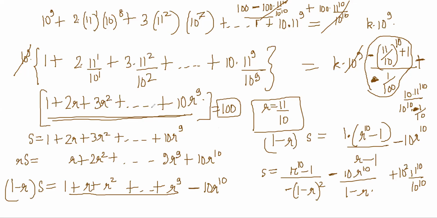You understand? It's just simple summation. Maybe I made some careless mistake in the previous one. You took 10 power 9 common and you saw that this is an AGP. It became an AGP because of AP from 1, 2, 3 and GP from r square, r cube, right? As soon as it becomes an AGP, the only method is to do it like this: write S, write r into S, shift it and subtract, and find the sum of the resulting GP. Okay.